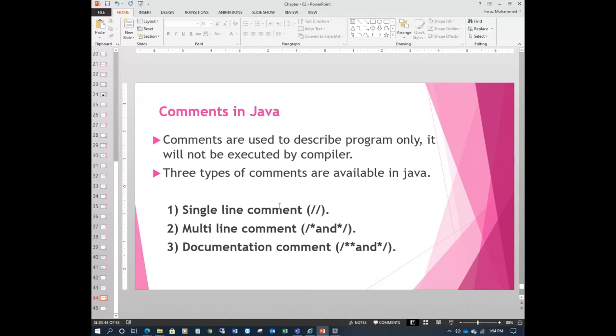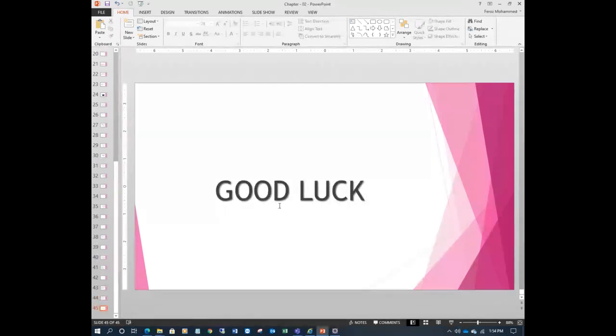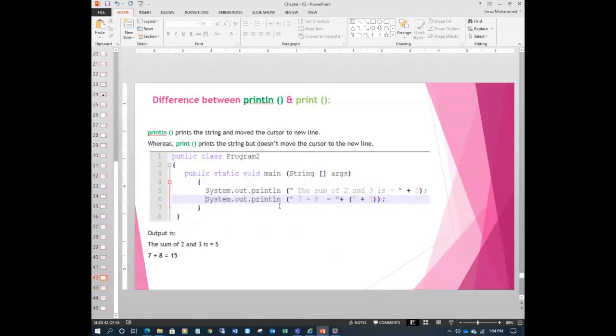So there are 3 different kinds of comments: single line comments, multi-line comments, and documentation comments, right? Documentation and multi-line comments look similar, except for the syntax. Anyway, for our purposes I will mostly use single line comments. So these are the comments, and that's the end of this chapter. We have more things to add, and I will explain this one.